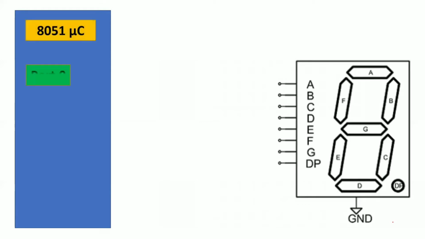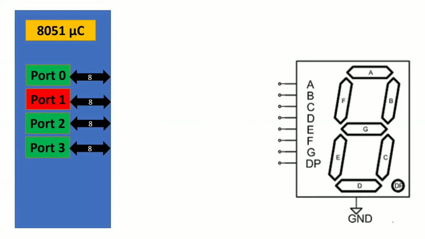Now coming to your 8051 microcontroller, how to interface this 7-segment display. You need to interface any output device or input device to the ports. So how many ports are there? Port 0, port 1, port 2, and port 3. 4 ports. What is the size of the port? It is 8 pins. So 8 pins is nothing but one port in your 8051 microcontroller. All the ports are 8-bit ports, and all these ports are bidirectional. What does bidirectional mean? The port can act as input port or output port. That is the meaning of it.